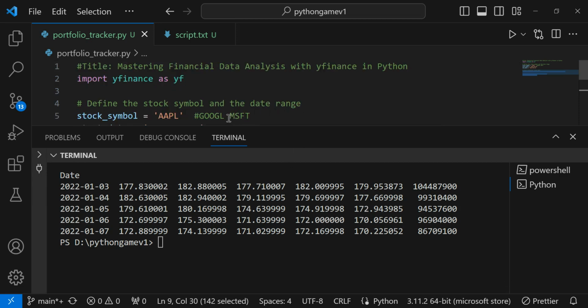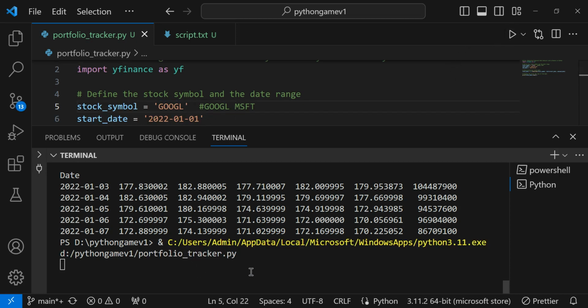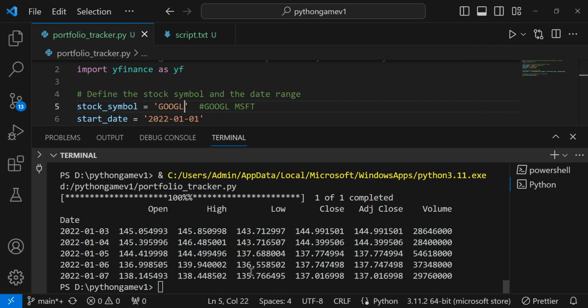So let's see, we'll change this from AAPL to Google, and we're going to run again. We'll see what will happen. See, you can see here the price details of open, high,